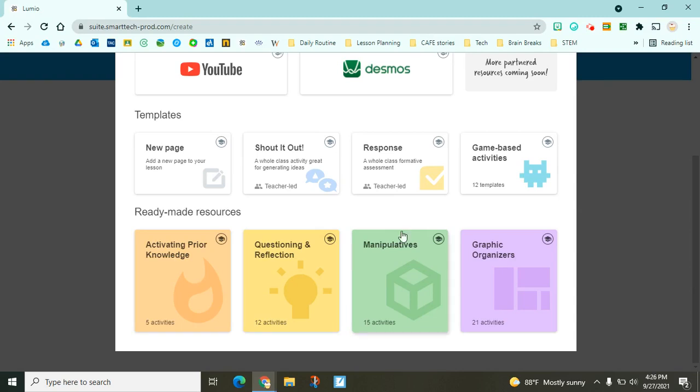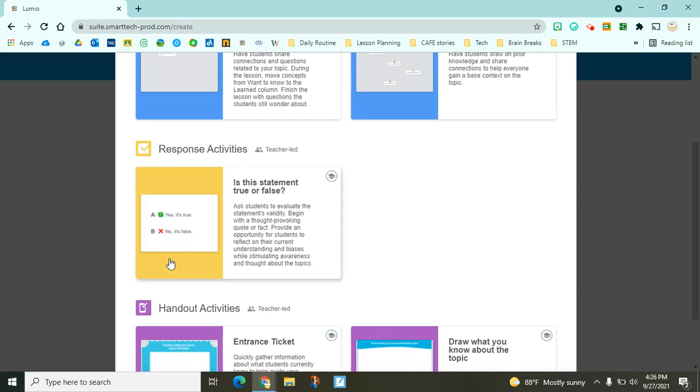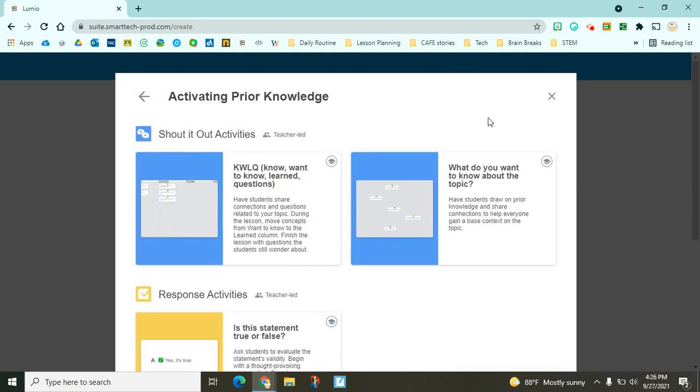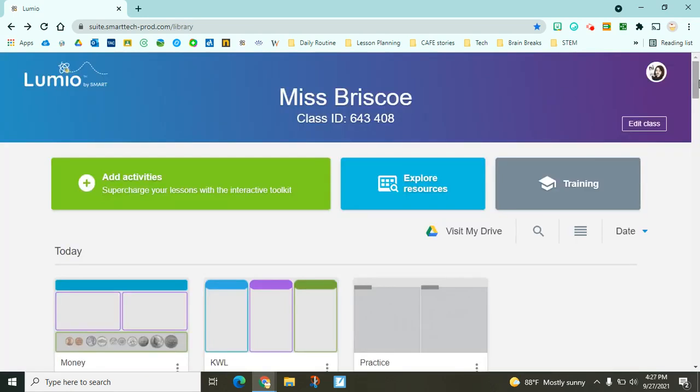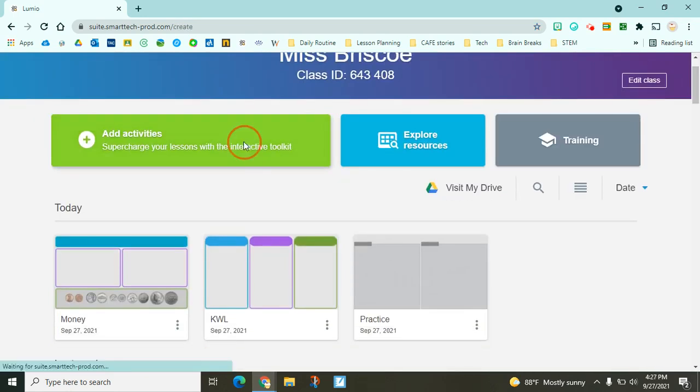Now you have a couple other options in here, but they're just kind of more of the same. The questioning and reflection are just kind of pre-made response templates, pre-made shout outs, pre-made graphic organizers. If you want to click those, you can check those out. And then activating prior knowledge, same thing. Kind of pre-made shout out activities, pre-made response. Now, if you're feeling really adventurous,